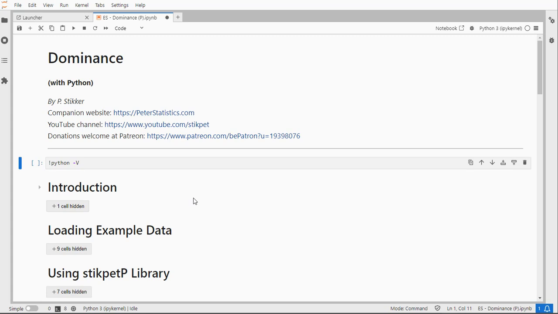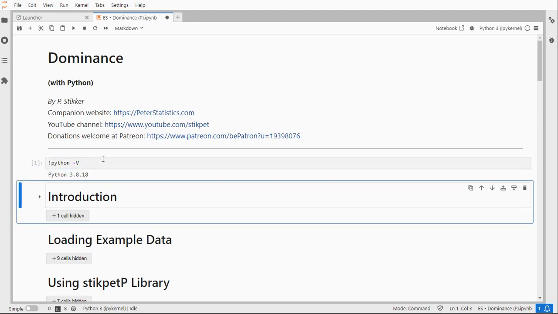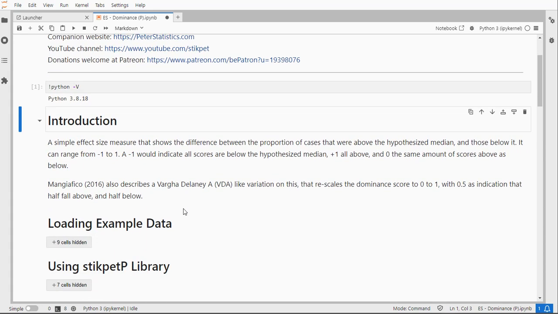my stikpetP library. I'm using Jupyter Notebook with Python version 3.8.18, and this is an effect size measure that could, for example, be used with a one sample Wilcoxon signed rank test. It's fairly straightforward. It's a proportion of cases that were below the hypothesized mean versus the ones that were above it. And there's also a VDA, Vargha-Delaney A, variation on this, which puts the range from 0 to 1 rather